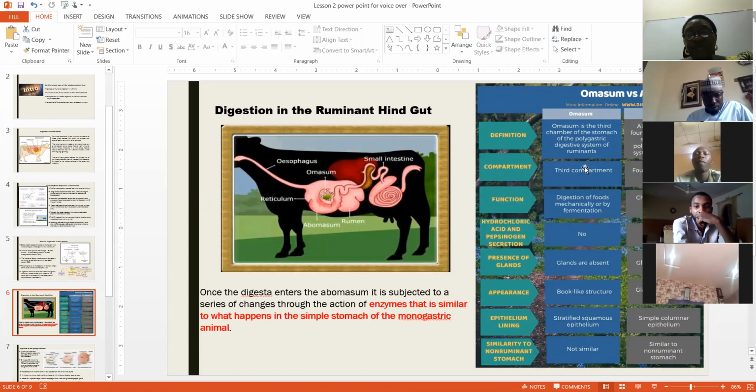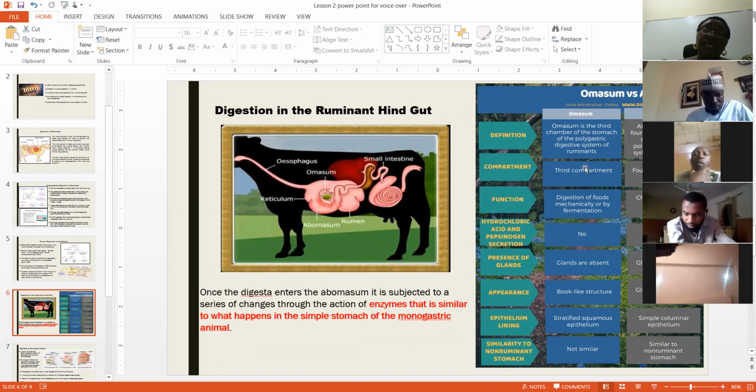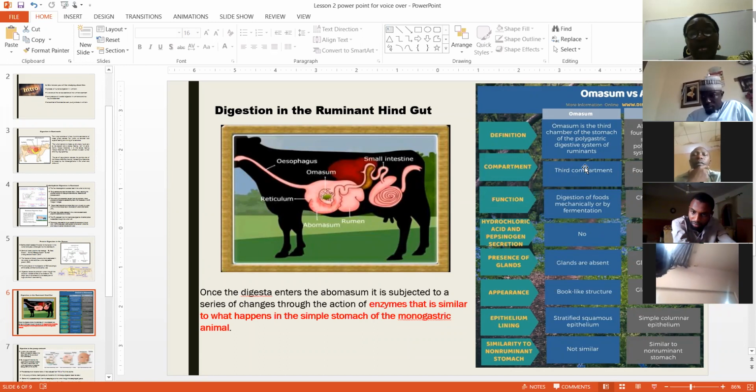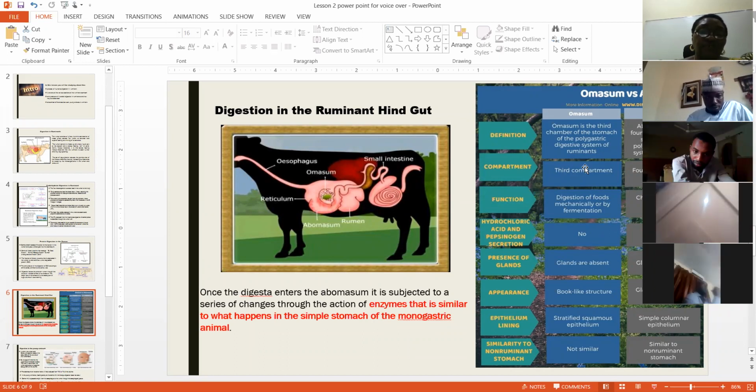I will leave you with this table so that you can actually study the difference between the functions of the omasum and that of the abomasum, and you will be able to also look at further readings that will help you to do that. But it's important for us to note that once the digesta enters the abomasum, it is subjected to a series of changes through the actions of enzymes that is similar to what happens in the normal stomach. So aside from the digestion we have talked about for microorganisms, the normal digestion still takes place at the abomasum end of